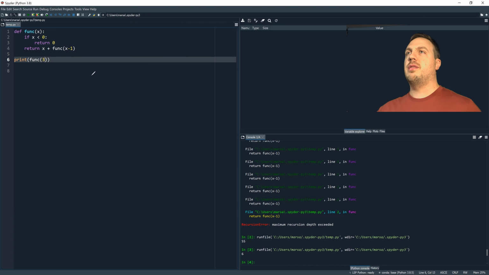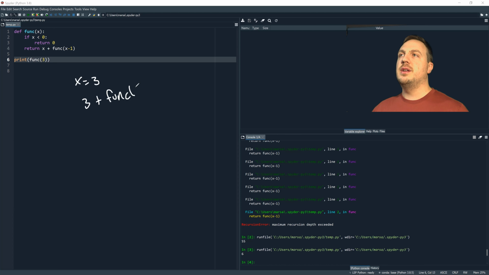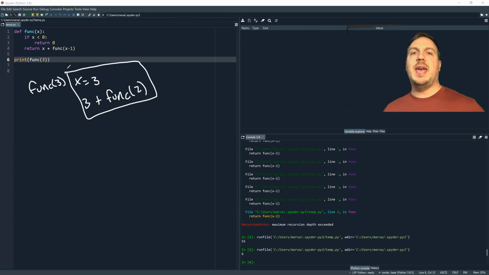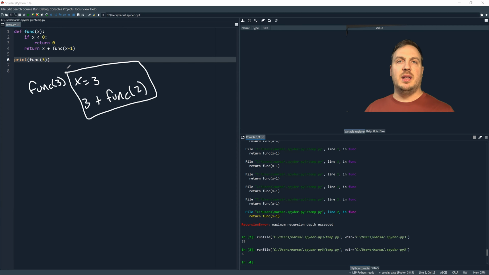As you can see, func(3) is going to execute where x is equal to 3. In this case, 3 is not less than 0, so we're not going to return 0. Instead, we're going to return x, which is 3, plus func(2). We can't do 3 plus something until we know what that something is. func(2) is still unestablished because Python hasn't gone out and run func(2). So whenever we run func(2),